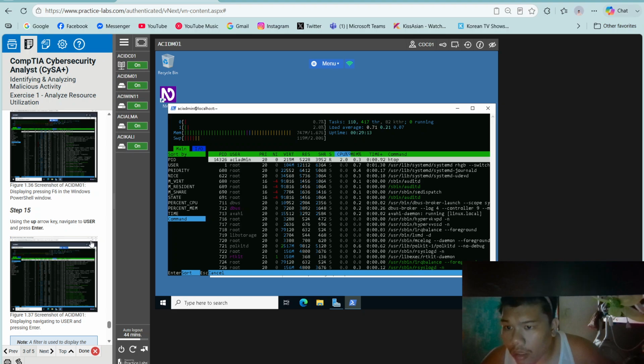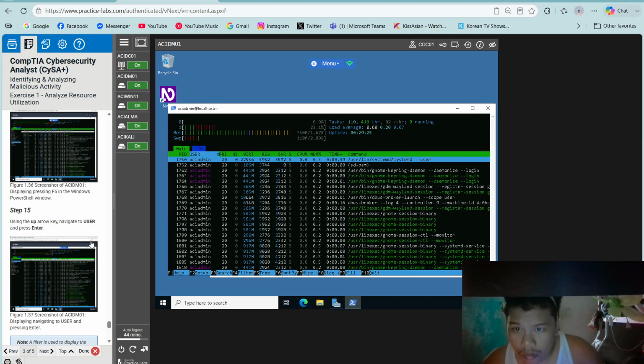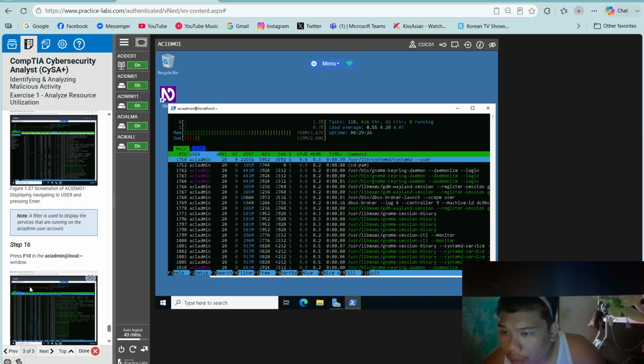Using the up arrow key, navigate to User and press Enter. Note, a filter is used to display the services that are running on the aciadmin user account.